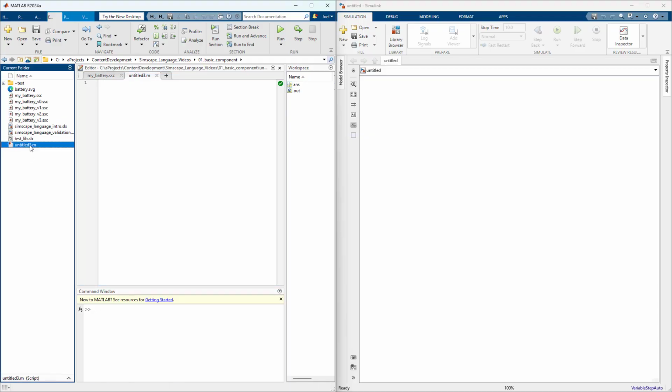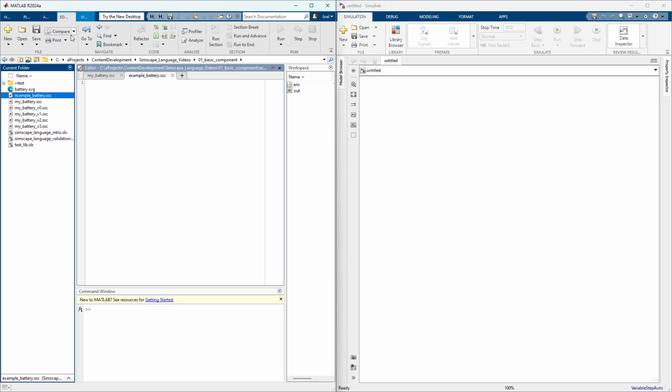Alright, so we're going to rename this to example battery.ssc. And that is because a .ssc is a Simscape language component. And from the very beginning, I don't recommend memorizing a lot about the Simscape language. I recommend understanding it and using templates to put in the behavior you need. So the first thing we wanted to do, we wanted to build a basic voltage source,